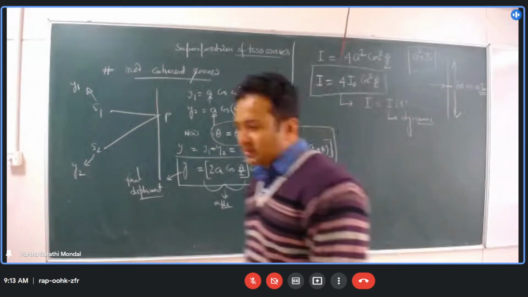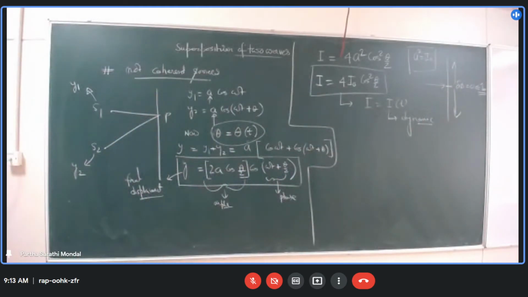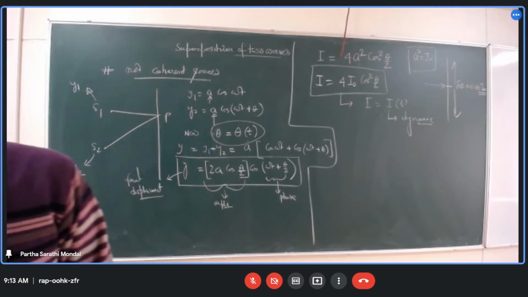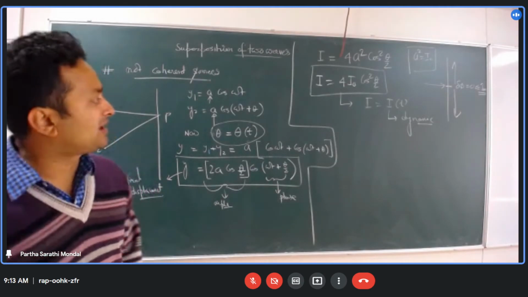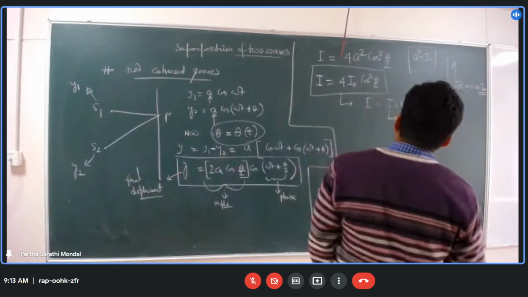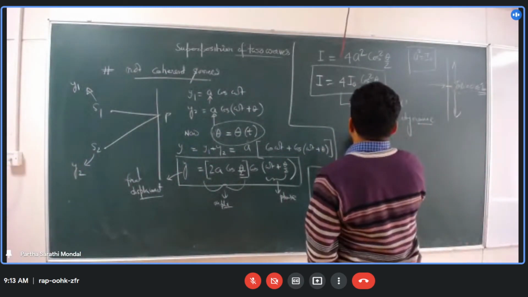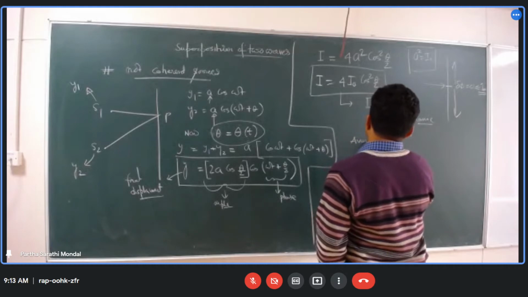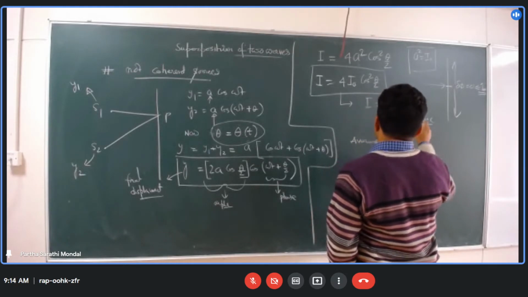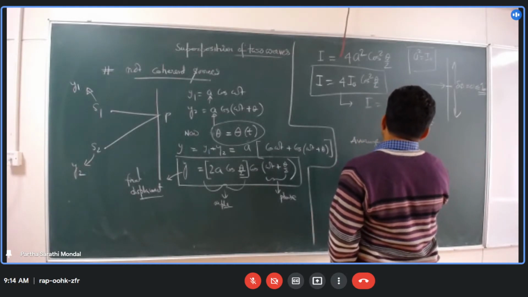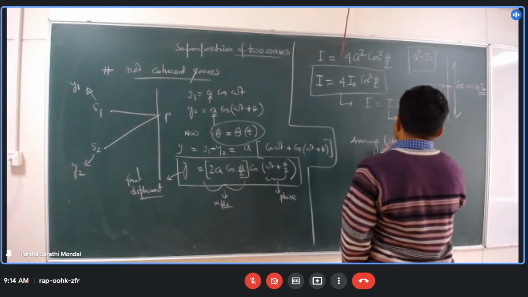So now if I want to find the resultant intensity at some point, then we have to take the average, time average. So average intensity, average dynamic था, average static अगर हम लोग निकालेंगे, static average intensity